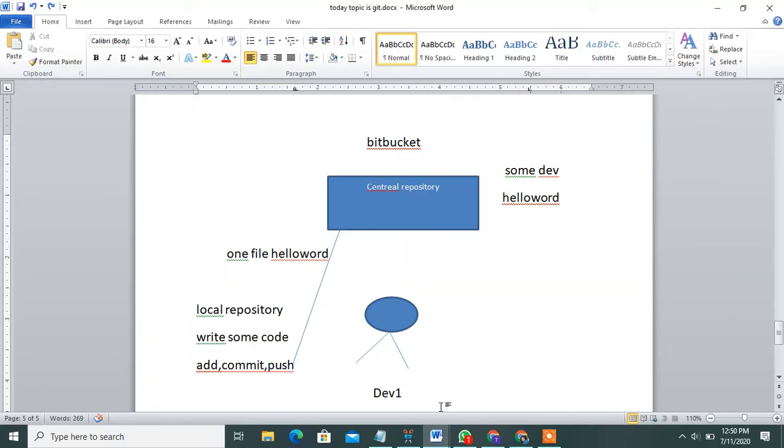First of all, it displays an error message. What is the error? First of all, you need to pull the latest code, and after that you can push it. This error message is displayed first when using the git push command.